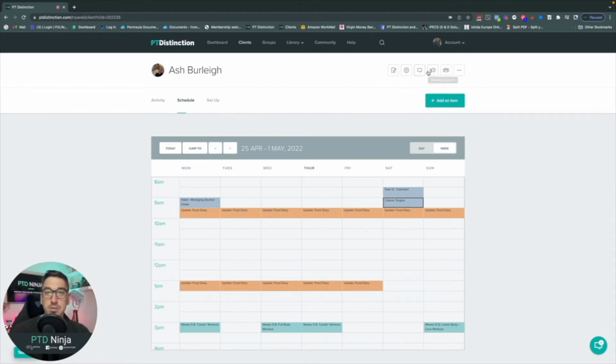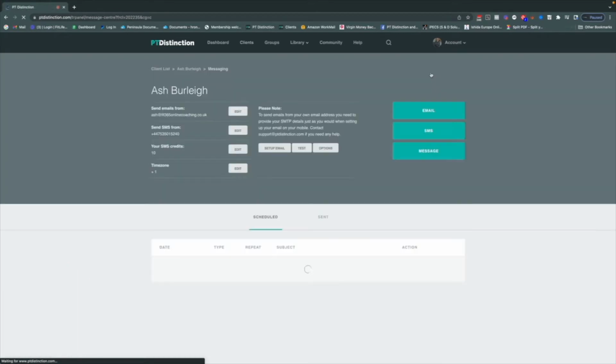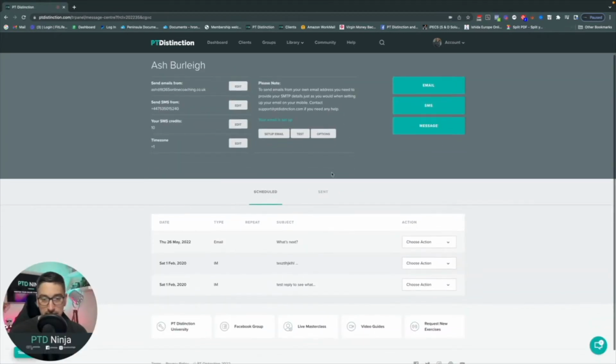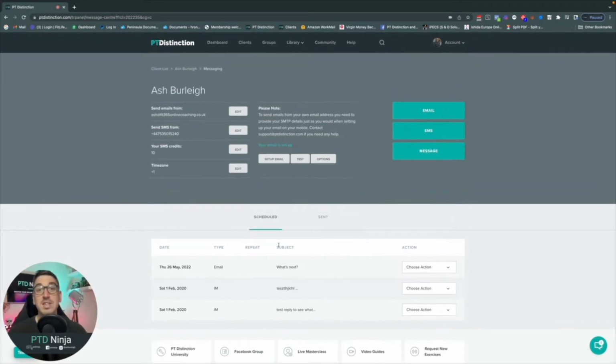So if, inside your message center for your client, you've switched them offline or inactive, and you've got emails that are scheduled to go out for that client, they are still going to go out. They're still going to receive them. So what you need to do if you're in here and you've got emails going out to your client, and